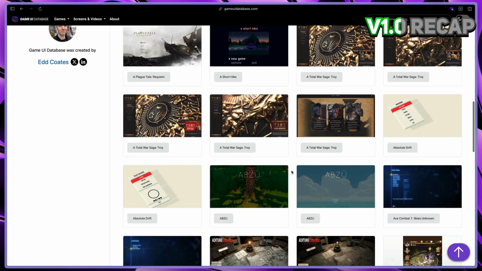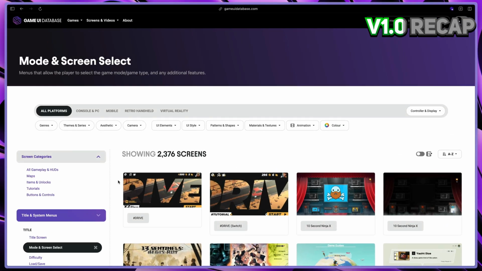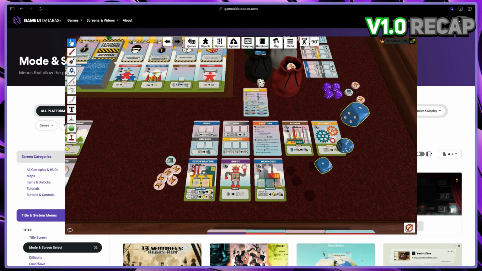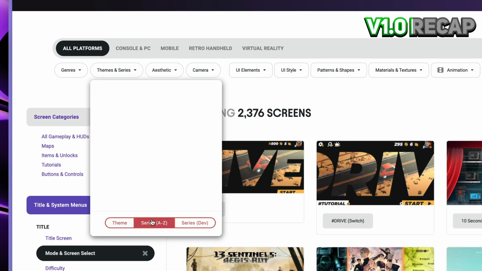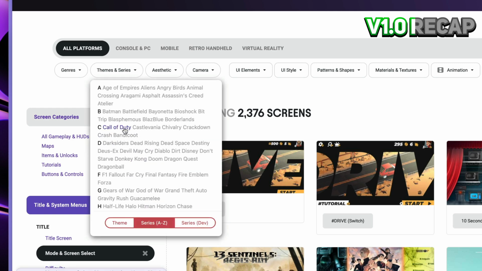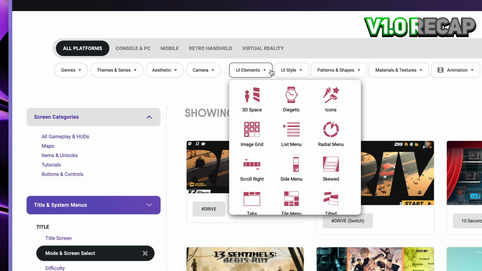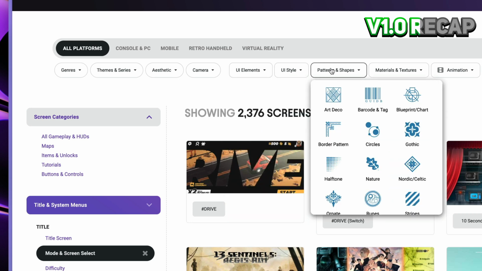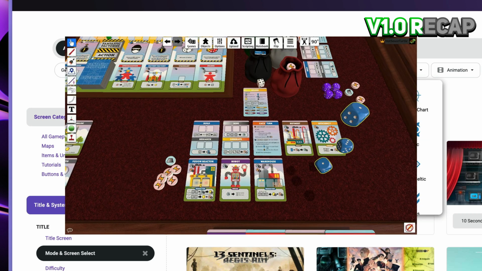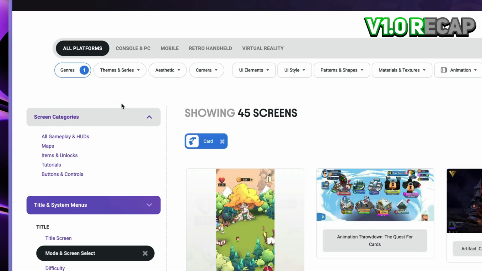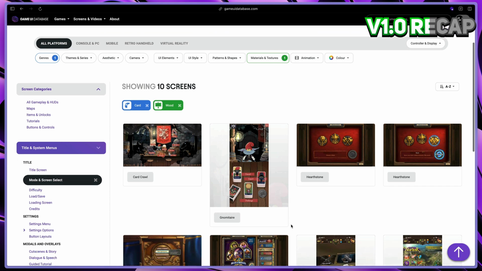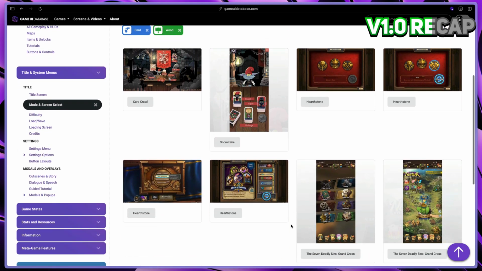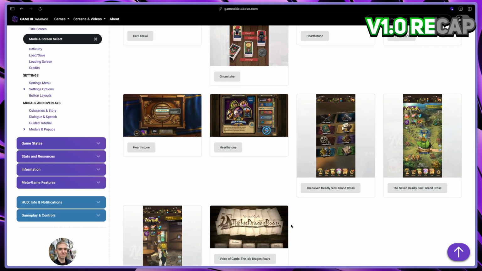You can then go even deeper. Let's say you're designing a tabletop game and you need to find some inspiration. Each search can be narrowed by all kinds of filters. Themes, series like Call of Duty or Pokemon, UI elements, patterns, shapes, and many more. In this tabletop example, I would go with the card game genre and wooden texture. That returned only 10 results for the main menu type of screen, but it still can be a great value